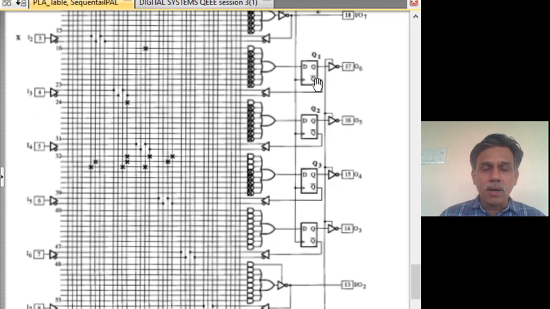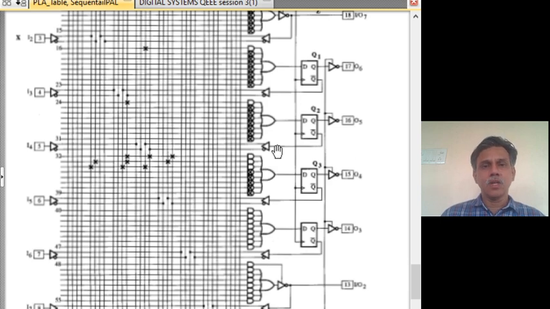For example, Q1 is being recirculated here. What we actually do is Q1 bar is being taken, and the top one is Q1 bar, the bottom one is negated Q1 bar, which is Q1. So both are available. The Q1s are available at these 2 points. And this dot means that it is being reused. Wherever these 2 lines run throughout, wherever you want to tap, you can tap it and use it for the corresponding